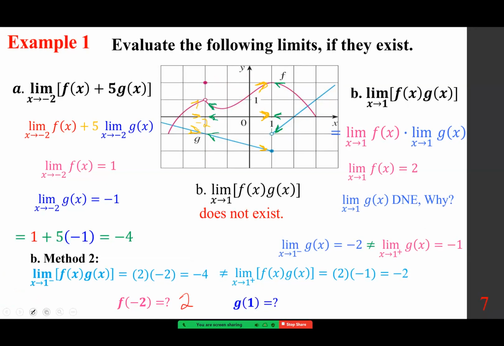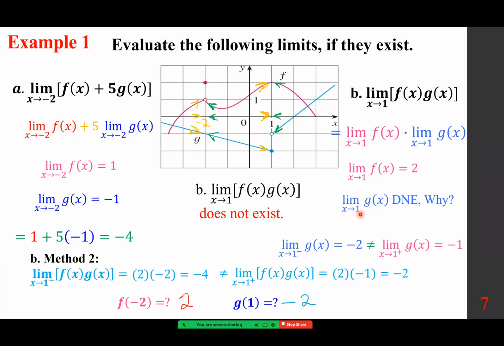For g of 1, we are looking at this point, the solid point, and the y coordinate is negative 2. So again, this one, the solid dot, the solid point has the y coordinate negative 2. So what you notice,